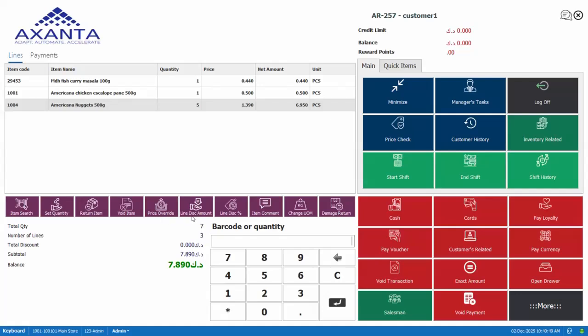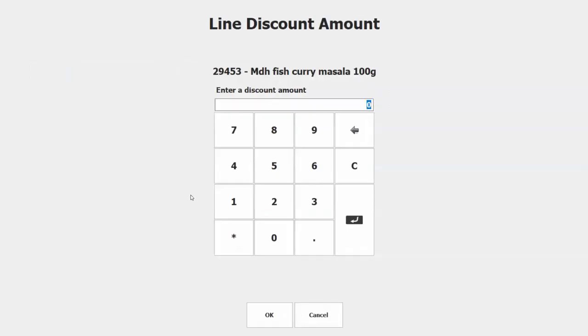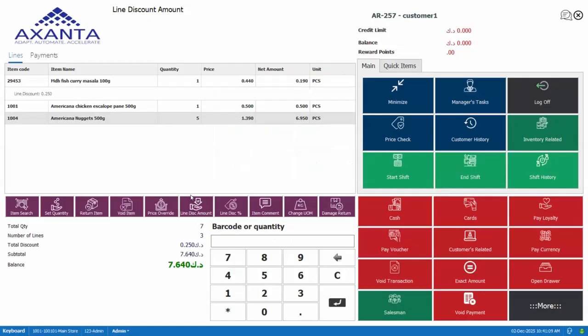Next is line discount amount and line discount percentage. So we can either give the discount for the particular item in amount or either in percentage. So let's say we are selecting this item. We will click on line discount amount and we will give as discount as 0.25. Click on enter. We can see the discount has been applied of 0.25 and the price has been changed. So net amount has been changed and the price, this is the original price and this is the discounted amount. So this is how we can use the line discount amount,